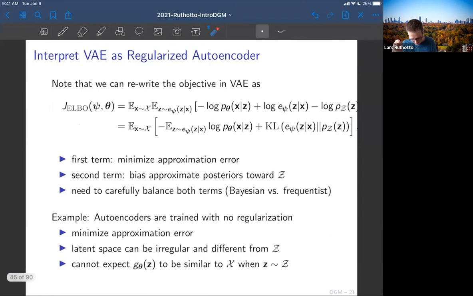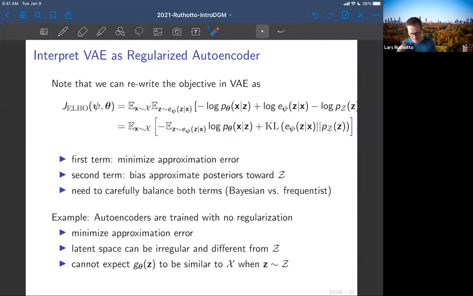Okay, so yeah, again, autoencoders typically have no regularization. What this means is that if you take your whole data set, sample a bunch of points from the respective posteriors or the approximate posteriors, and look at how the point cloud looks, for an autoencoder you have no reason to believe that this would resemble a Gaussian. Here, also not so much, because you have two terms: the likelihood and the regularizer that are going to be traded off somehow. But at least you have some notion of regularization in here.